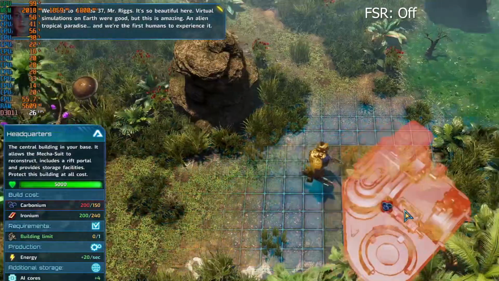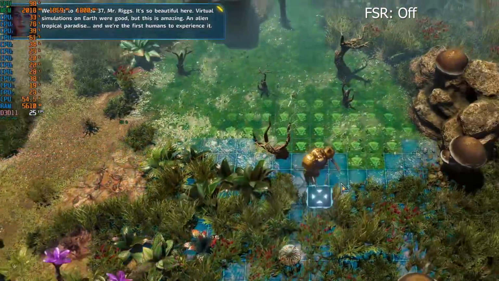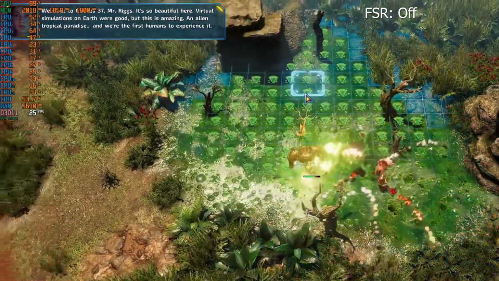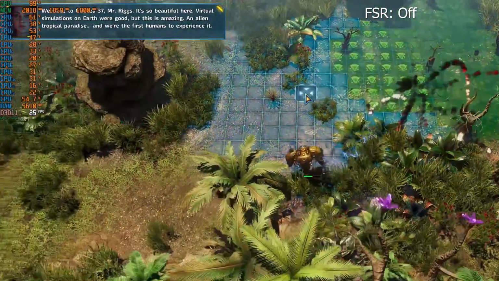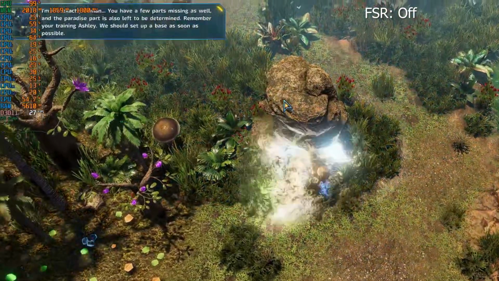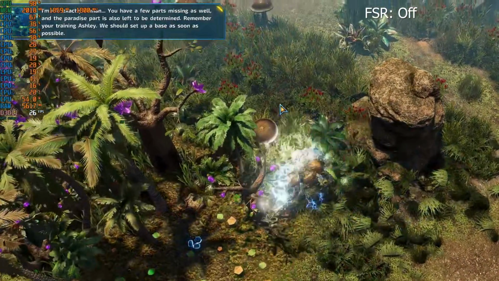Welcome to Galatea 37, Mr. Riggs. It's so beautiful here. Virtual simulations on Earth were good, but this is amazing. An alien tropical paradise, and we're the first humans to experience it. I'm not exactly human. You have a few parts missing as well. And the paradise part...